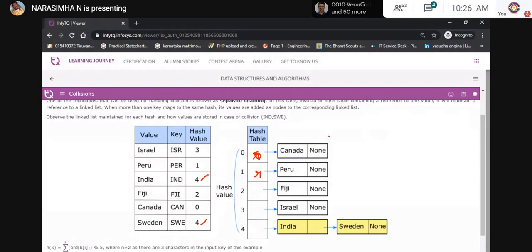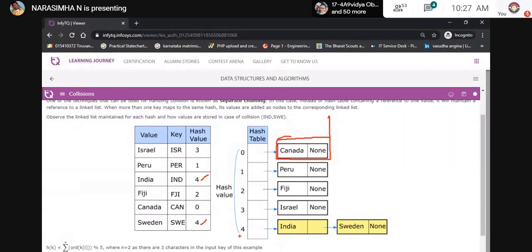Now I created a node for each and every country. And then I am finding out the hash value. By hash value, I am just inserting the node. Where did we learn about node? In linked list.